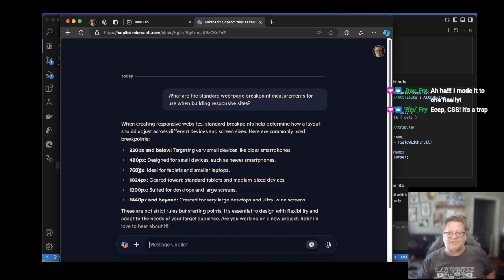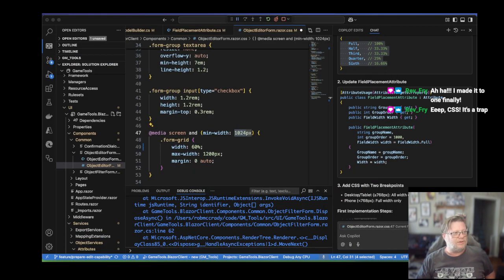So I'm going to go 768 pixels. I feel like that's about right. 768px. Because I think that's about what I've got on my iPad Air,